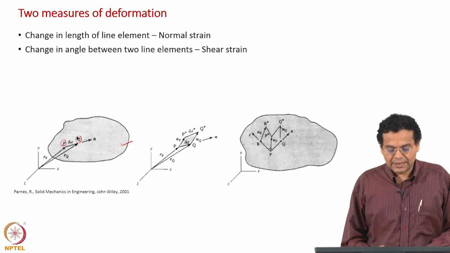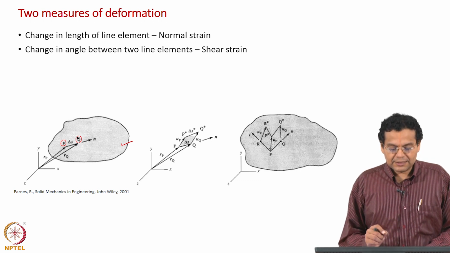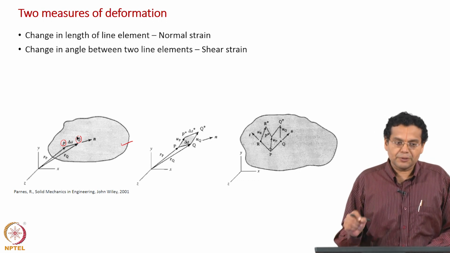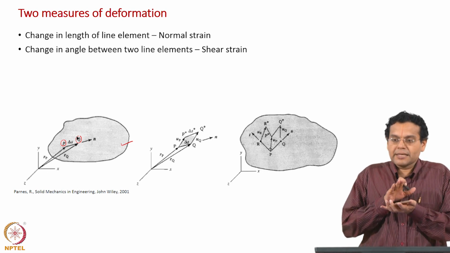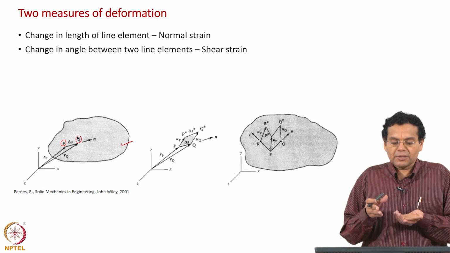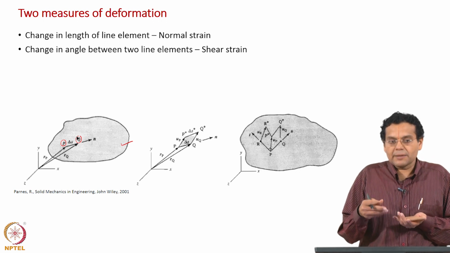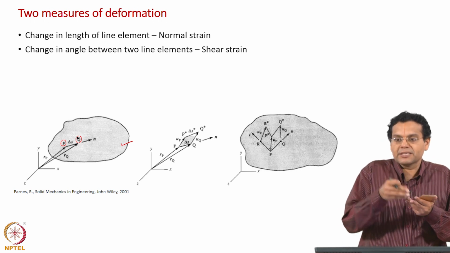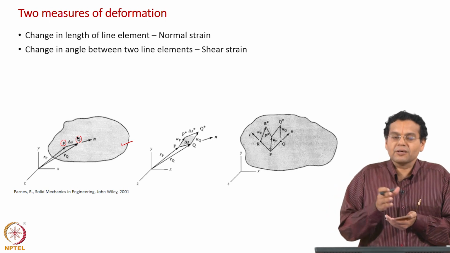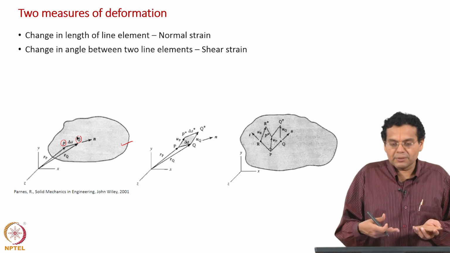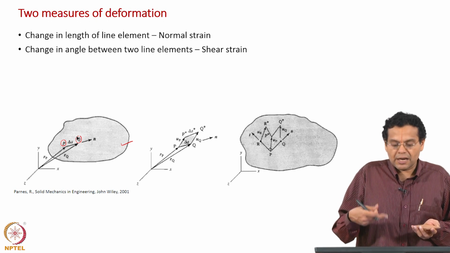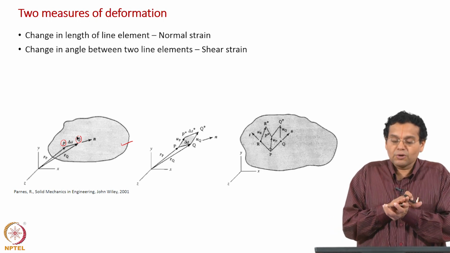Now, I have shown one vector n, which represents the direction of the line PQ. So, what have we done? We have taken a plate in its initial state. Look at the terminology, it looks the same as thermodynamics, where we say a gas goes from an initial state to a final state. Similarly, for a solid we say it goes from one equilibrium state to another, which is why our terminology is also initial state or undeformed configuration, which means no force is applied.